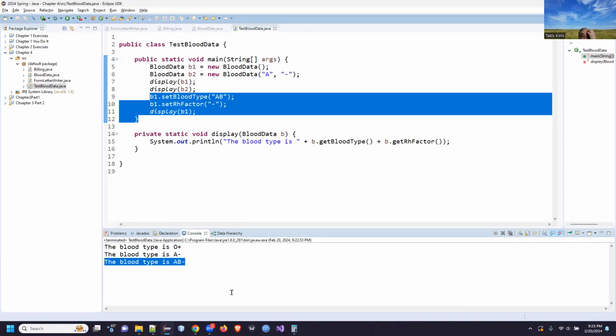If you really wanted to do exhaustive testing, I would probably create a few more blood data objects, display them all, then do sets and gets on all of them, change everything around and display it again to make sure it's all working. This is a test program, but what we've done here is very powerful because these are the types of things that we do in high level programs, and we don't even think about how we're dealing with